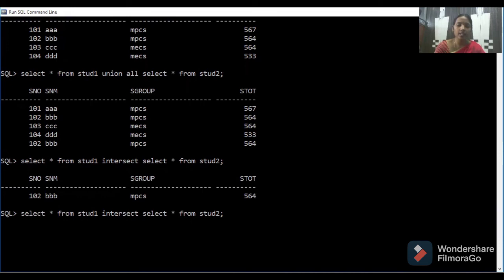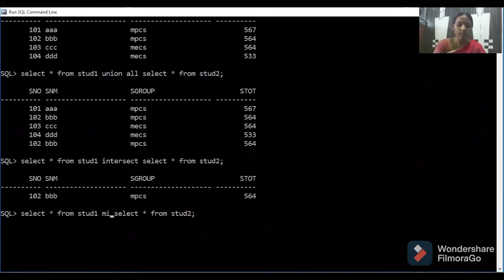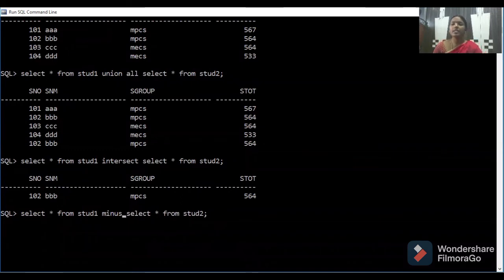And the next and last operation we have is minus. Minus is nothing but the common rows will be excluded from the first table. Whatever table you specified first, the common rows will be excluded from it and the remaining rows will be given by using minus. So if I press enter,